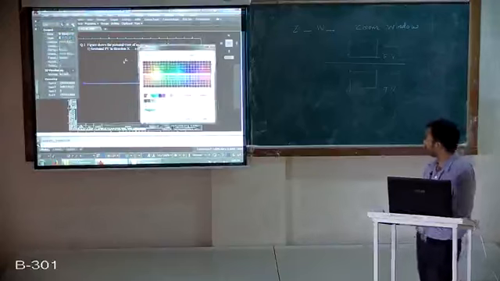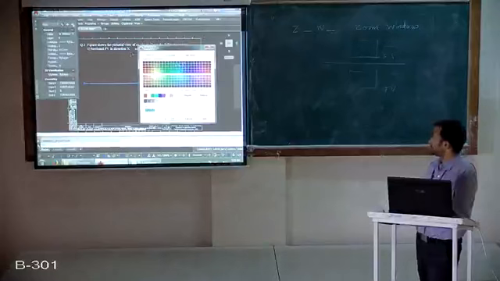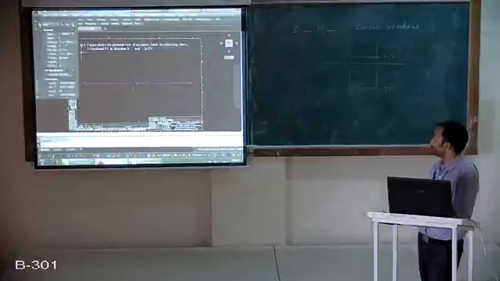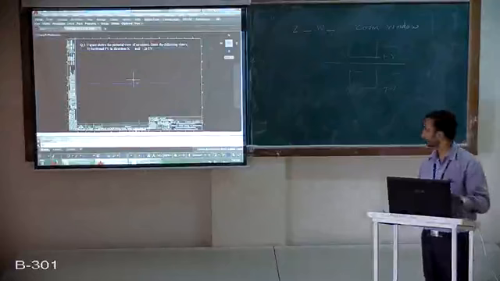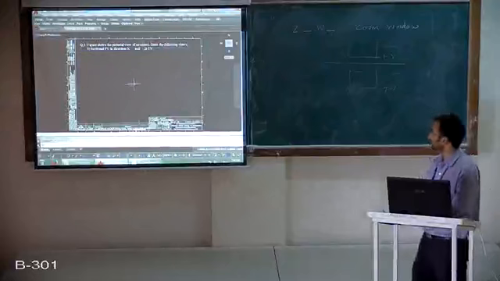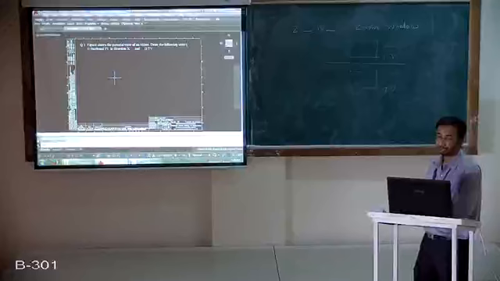Now here we have this color pop-up window in front of us. In that, this is a gray band. In that, select the number 251 and click on OK. And then close this properties window and then press escape. Now this line that appears on the board in a gray color is the reference line for us.